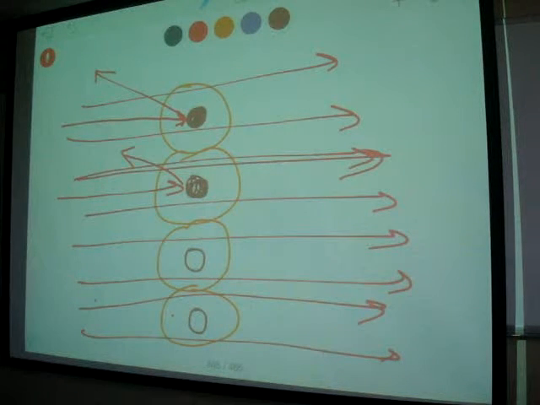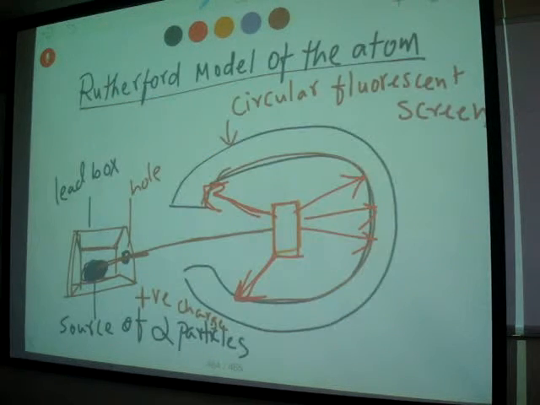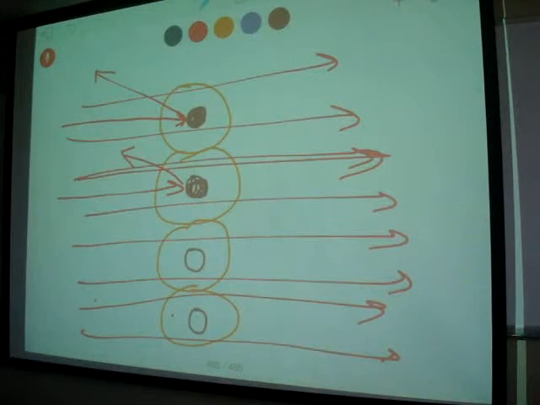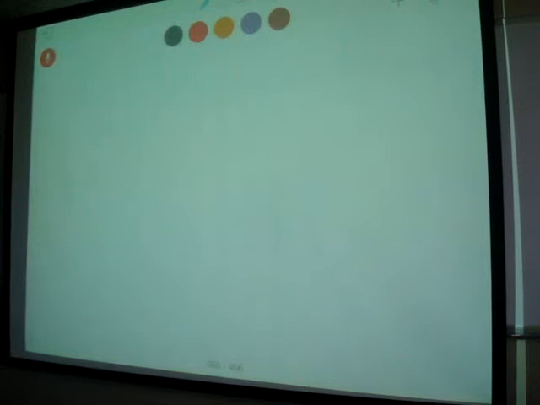So he proposed. Now I'm going to write what he proposed based on his observation. You know that, right? It's bouncing back, and that's how it behaves at the micro level. So, what he proposed,